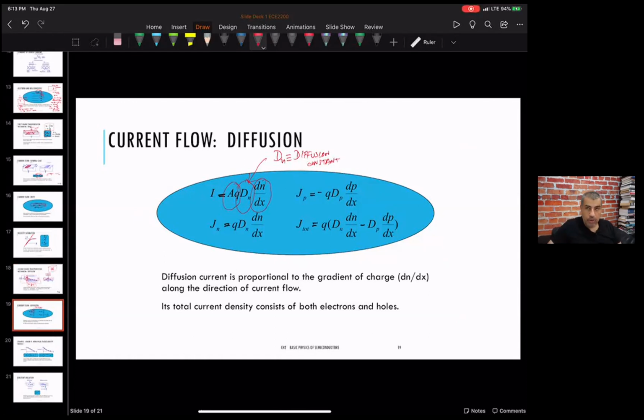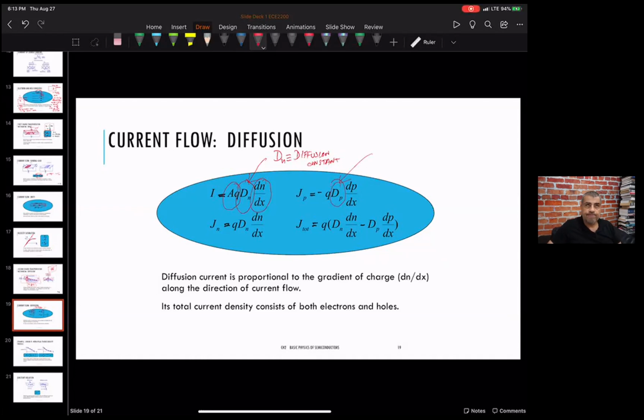And it's also a function of this thing being silicon, and it's different for electrons and holes. So the electrons have a certain diffusion constant, the holes have a certain diffusion constant. Now, the interesting thing is in the drift,